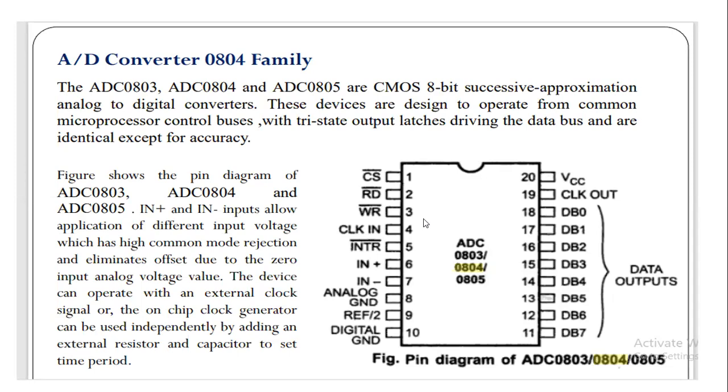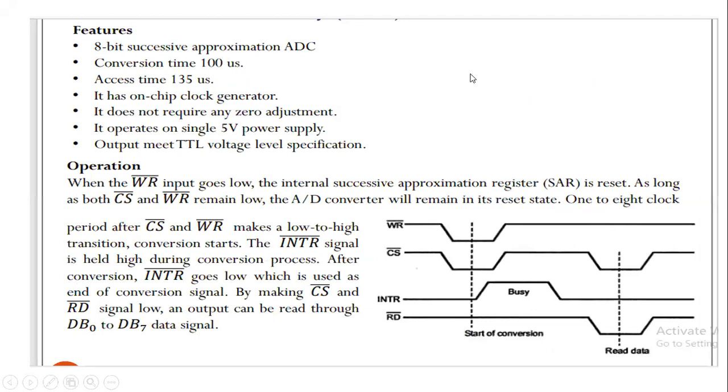Hello everyone. Here you can see the pin diagram of ADC 0803/0804. So this is basically the pin diagram of 0804. Here you can see it takes analog input and gives the corresponding output. And with the help of this timing diagram, we have seen when the conversion started and when the conversion